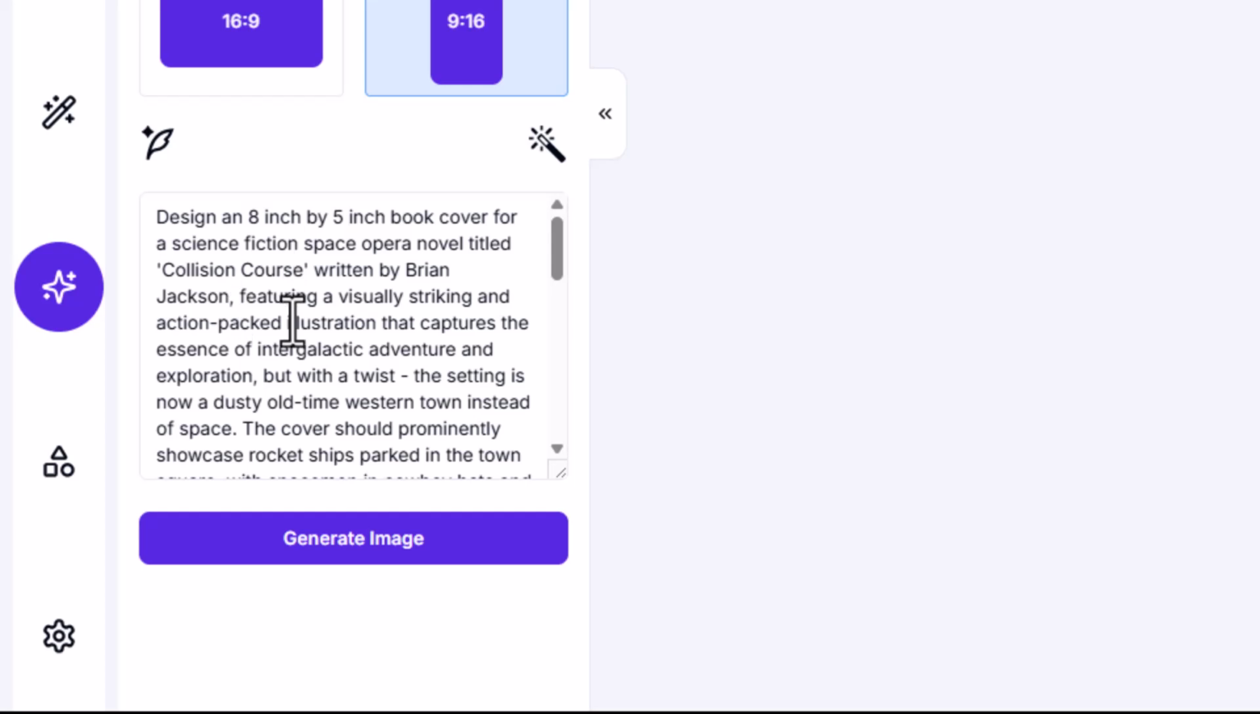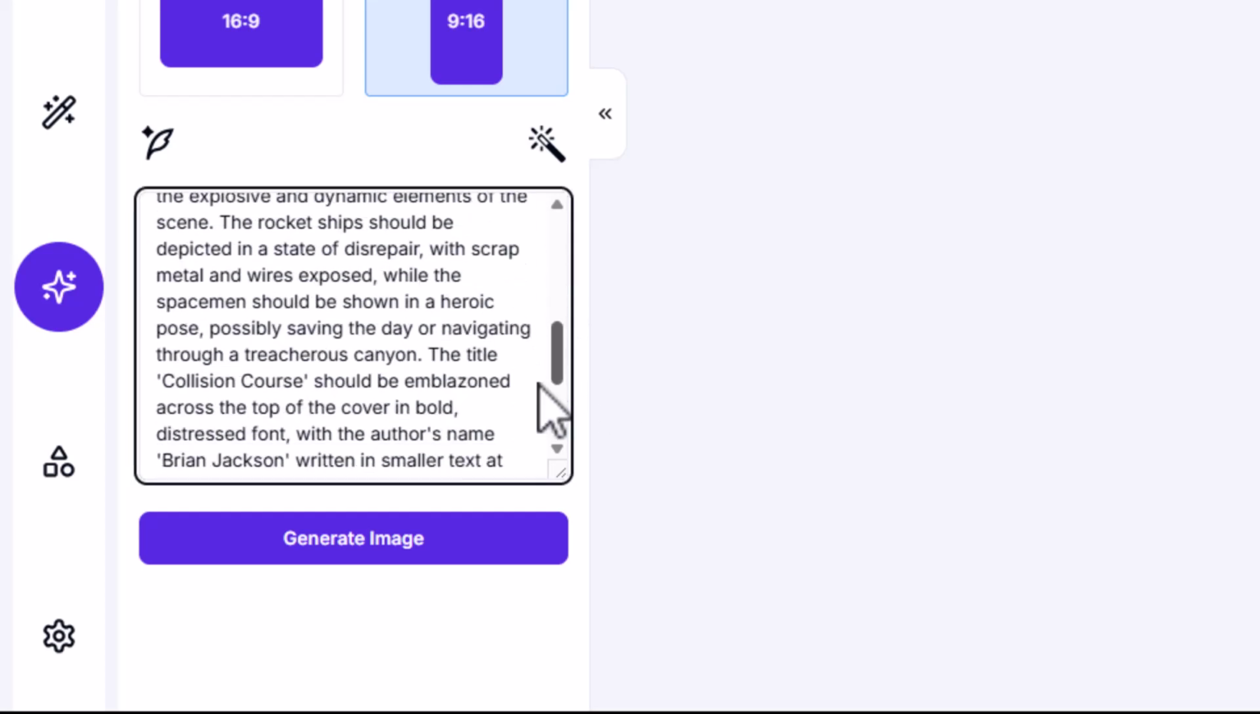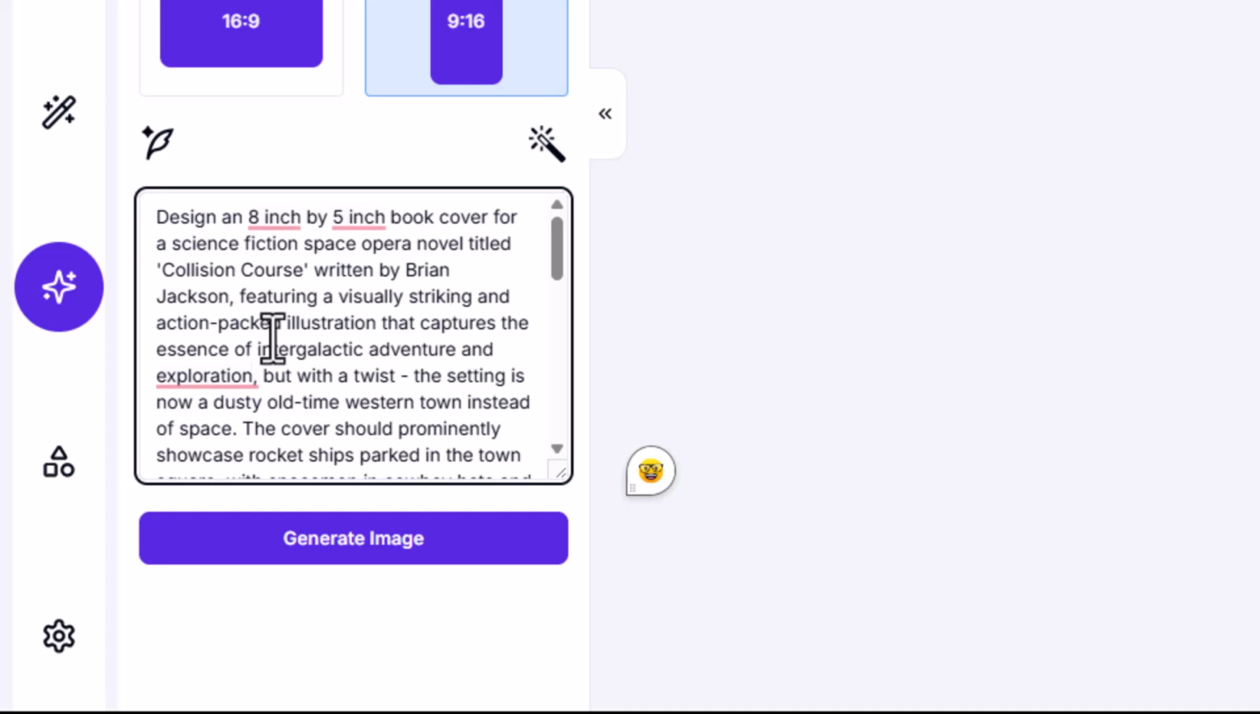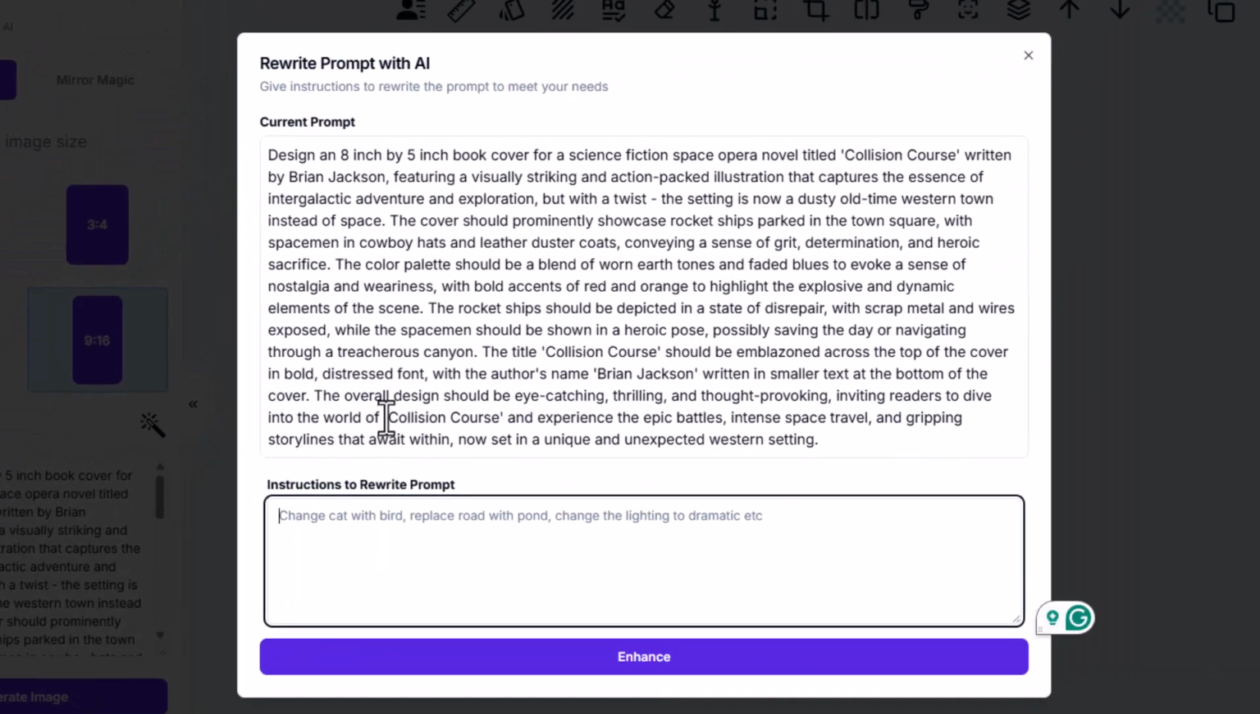Now once again, I don't like editing in this little pane here. It's very small, but you can actually go in here and change things in this pane. I'm going to come here to edit prompt again and see what kind of changes I made. But with a twist, the setting is now a dusty old-time western town instead of space. It has worn earth tones. Dynamic rocket ships should be depicted, wrapped in steel, with spacemen shown in pose, navigating through a treacherous canyon. The title Collision Course should be implemented. Overall design should be eye-catching and so on. So it's changed my theme from outer space